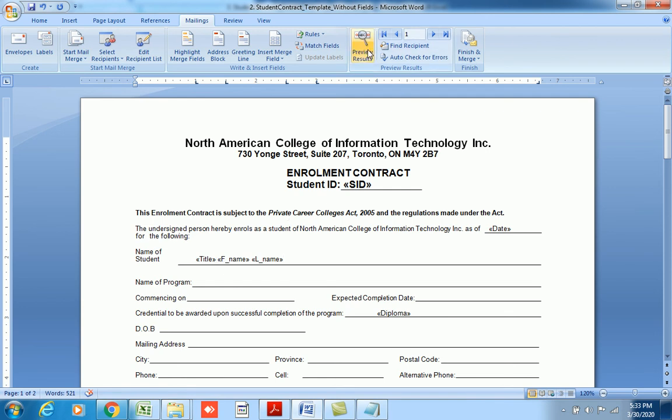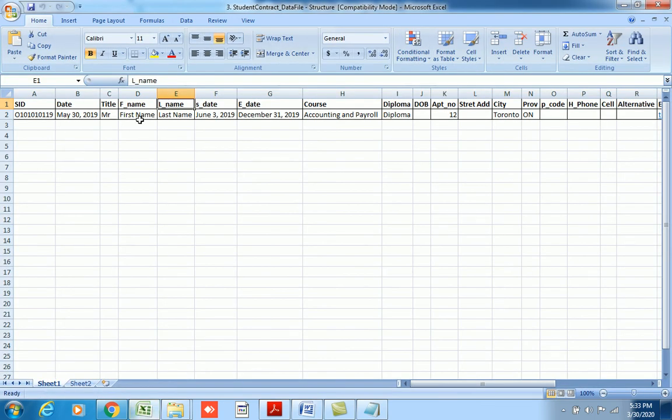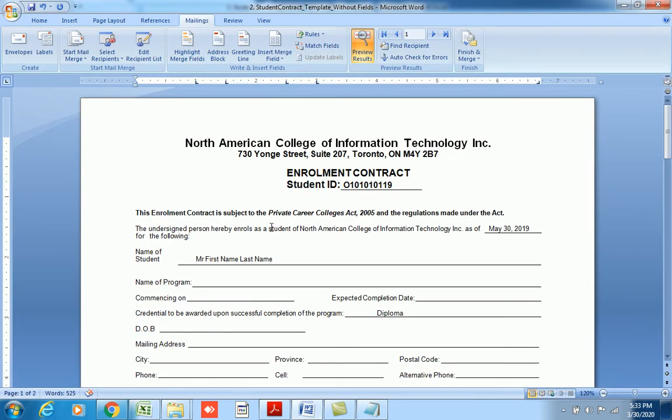So now if I go back to the preview result, you see that all the three values are separated with a space. Why is it coming as first name and last name? That is because this is the data I have entered here, right? First name, last name. So if I had, for example, John here, John Smith, so that will show up there, right? Or your own name, so that will be reflected there accordingly.